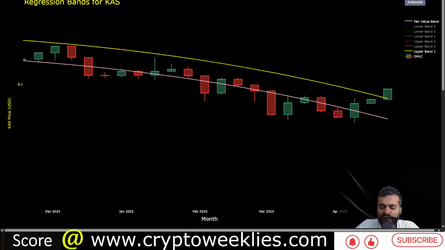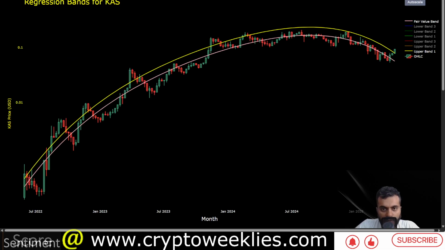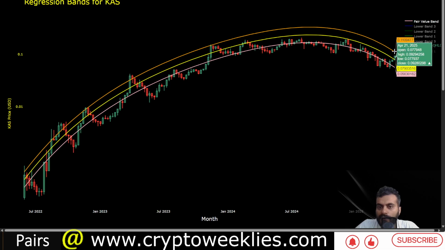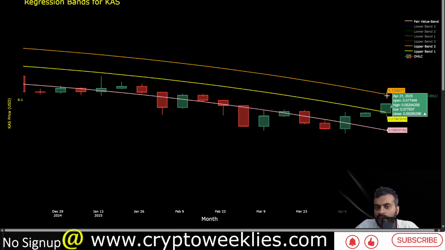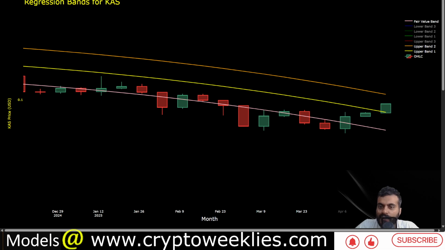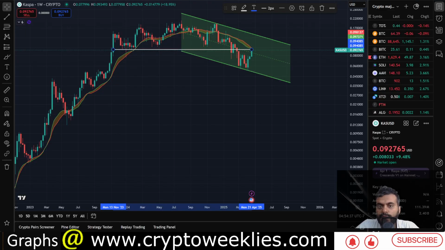That means if the rally were to stay in force for a while, it might also take out the 2 standard deviation residual, which signals major tops in a shorter time period. That 2 standard deviation ceiling for Kaspa coincidentally comes at around 11.09 cents. Before the price goes to that level, it has to contend with the 20-week simple moving average and the 21-week exponential moving average. And if it manages to do that and rally beyond this point, it might have to contend